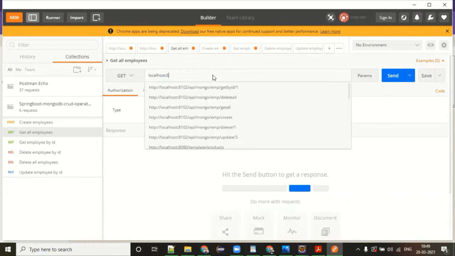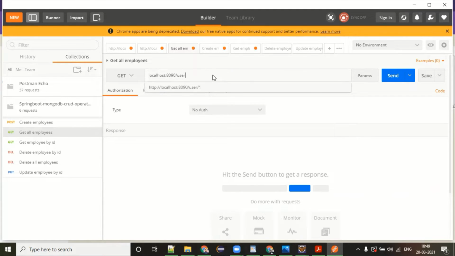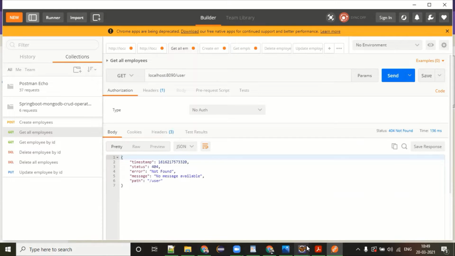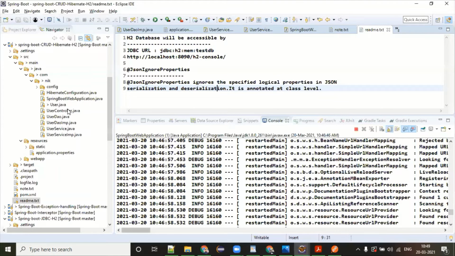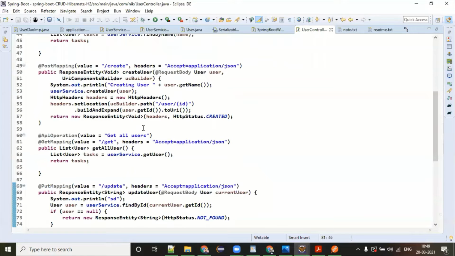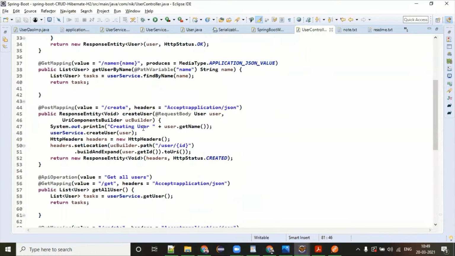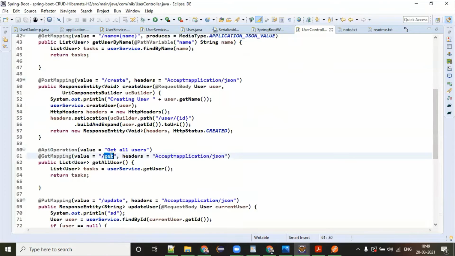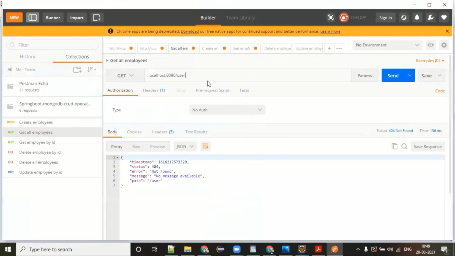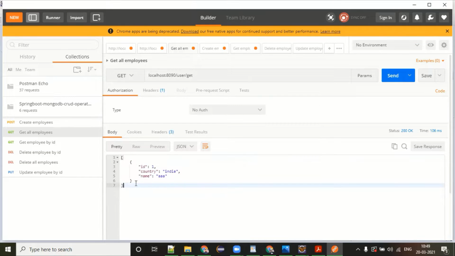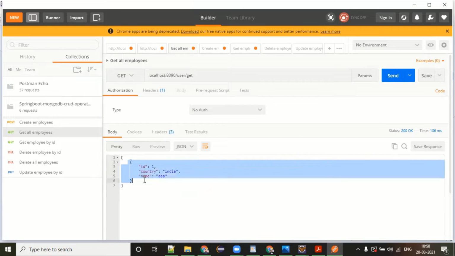What is this? 8090 slash user. Let me check the method for getting all users. This is slash get users slash get. Yep. So you can see that I'm getting the one record from the database, and this is responding.